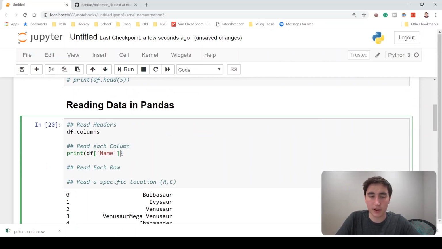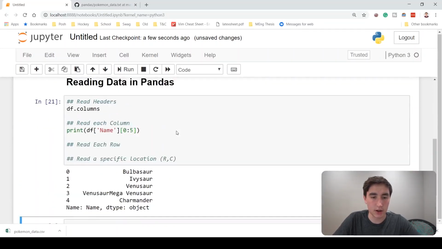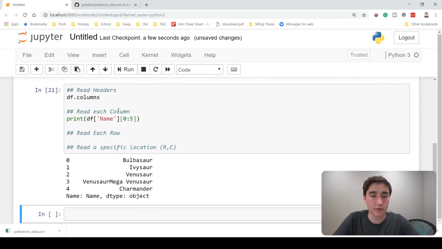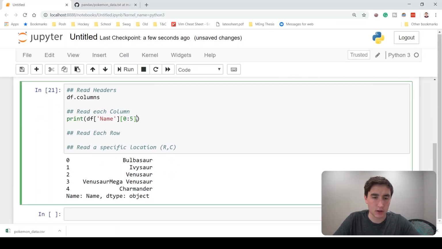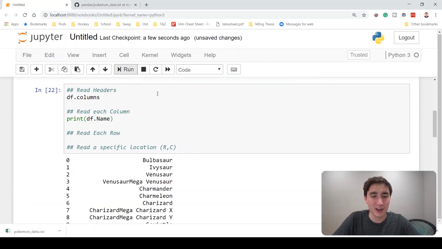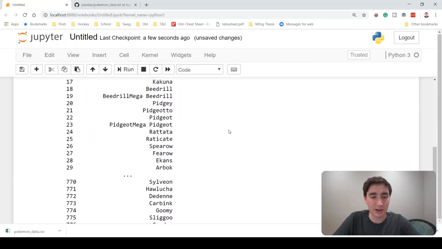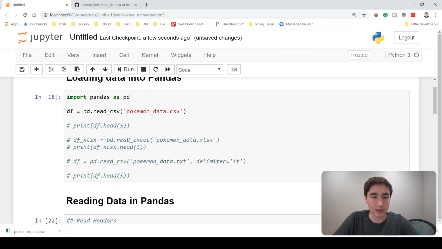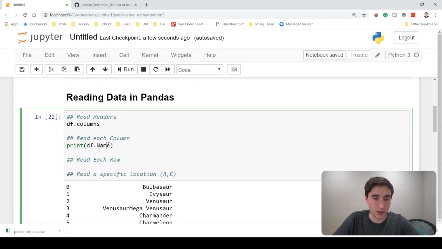And I could also specify that I only wanted like 0 to 5 probably by doing this. Yeah, so now I just get the top 5 names. One thing that's interesting, you could also do df.name like this. This doesn't really work for 2-word names, but you could also get the names like that. I usually just do it more